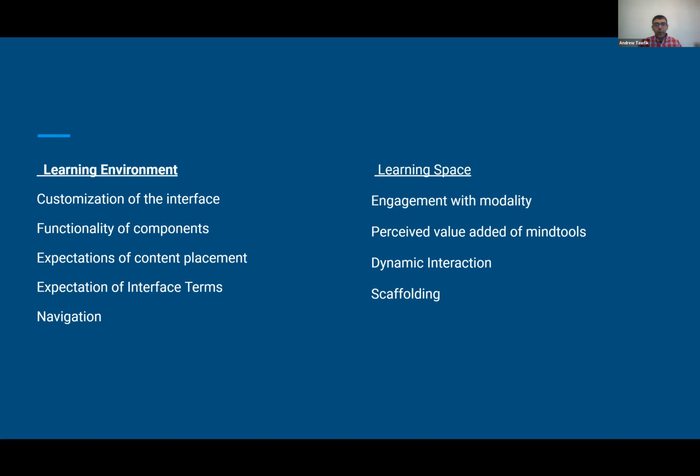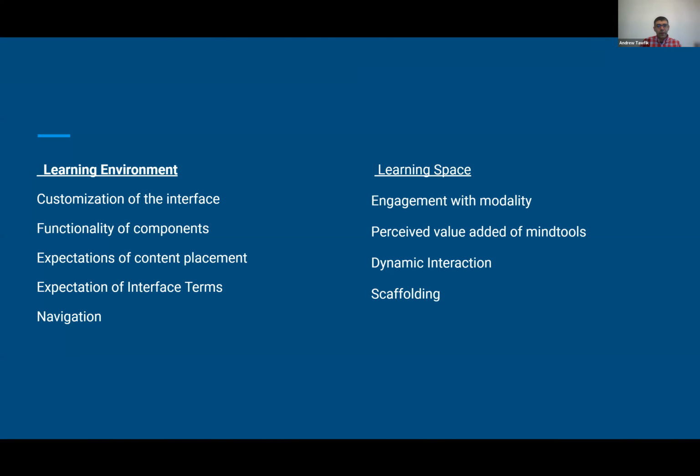And so one of the things that we've tried to think about when we think about our design is if we tend to focus a little bit more on the learning space first. If I'm still designing some of these things, if I'm thinking about modality, if I'm thinking about these different mind tools, how to sustain interaction, am I also supporting the interaction with the learning environment piece as well?